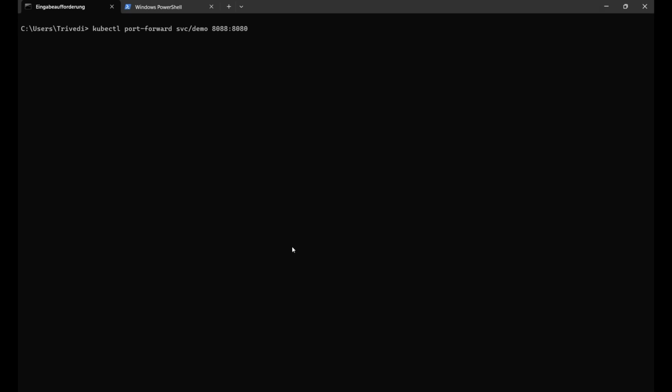Okay, so I'll be doing port forwarding of service. Okay, so I specified 8088 as a port number, and let's see what happened. It is forwarding to 8088, and let's see what happened. Curl localhost 8088